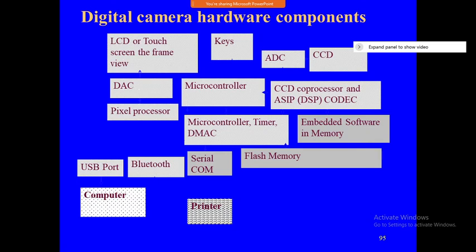Next we'll go for the digital camera. I hope everyone knows about the digital camera. How does it work? It has a lens, and through the lens you zoom in and zoom out. There is a small glass where you check how the picture will look. Afterwards, you click, and the picture is saved in the memory of the digital camera. This is how it is used.